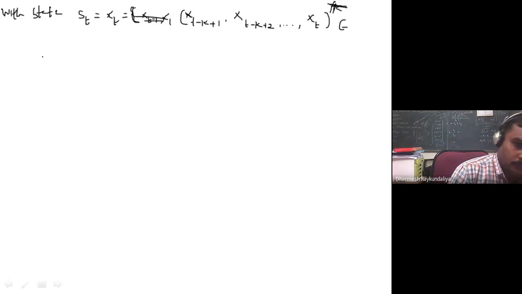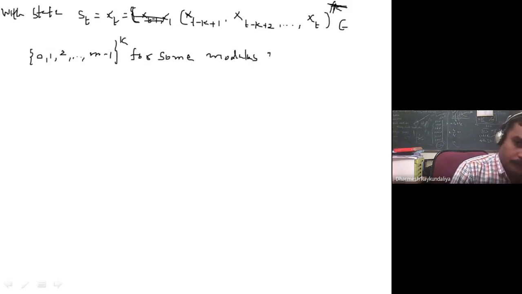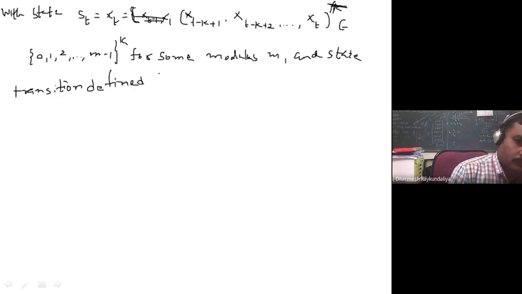All the values belong to 0, 1, 2 up to m minus 1 power k, for some modulo m and state transition defined by